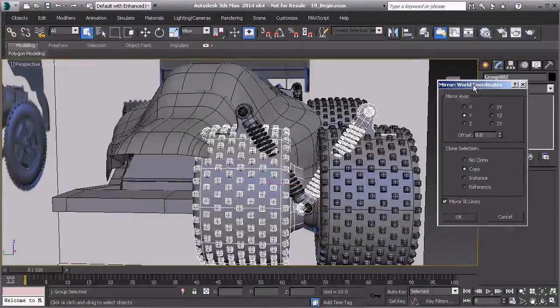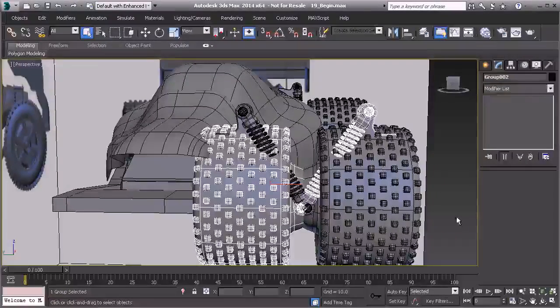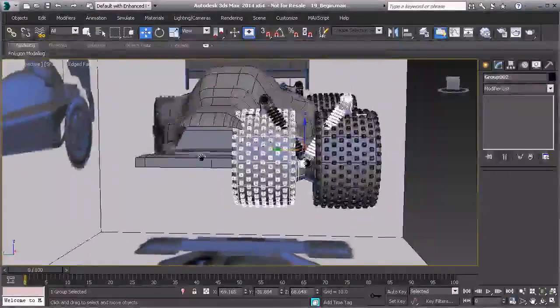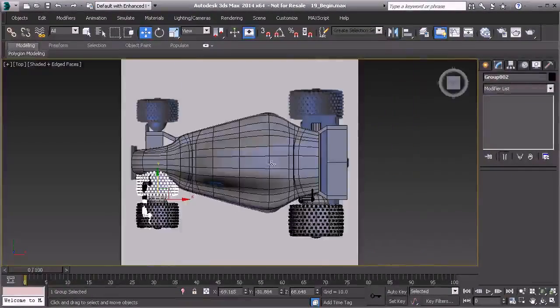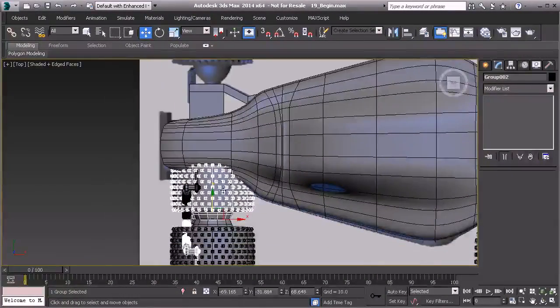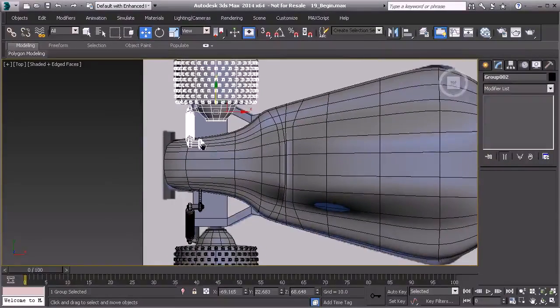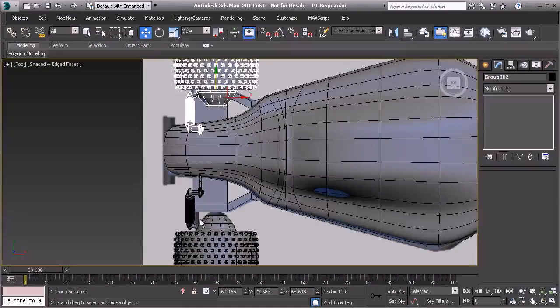Now I want to make sure that I'm mirroring in the Y direction, and our offset is set to 0, and I'm making this as a copy. I'm going to hit OK on this, and then grab my Move tool, and I'm going to move that over to the other side. Now I can go to my top view, and I could use my reference image to move this over, or if I want to make sure that it's exact, I can just copy over the value